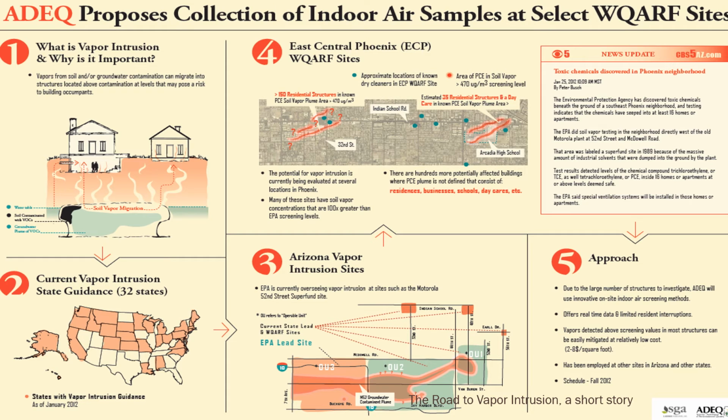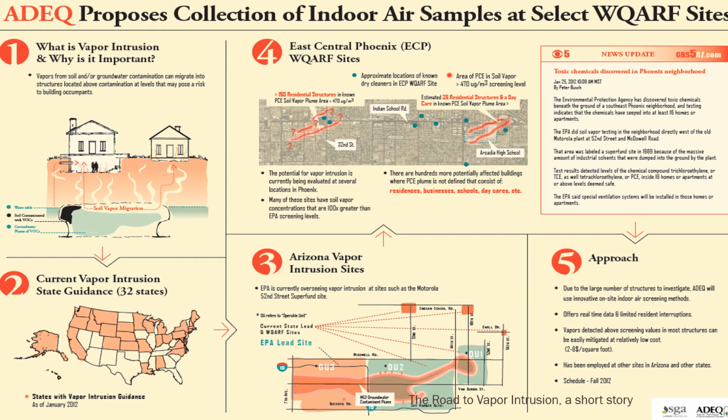So in order for us to proceed, we needed to do something. We had to get the governor of the state of Arizona to allow us to proceed with setting up guidance. Because vapor intrusion is not regulated on a federal level, only on the state level, we had to get their approval to go forward. This is the document we put together for the governor, so it was simple for the politicians.